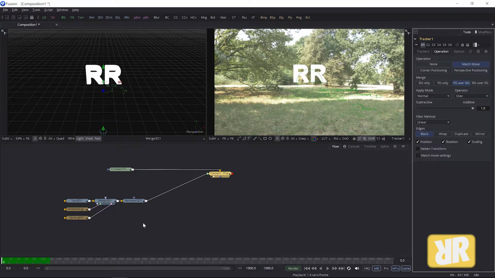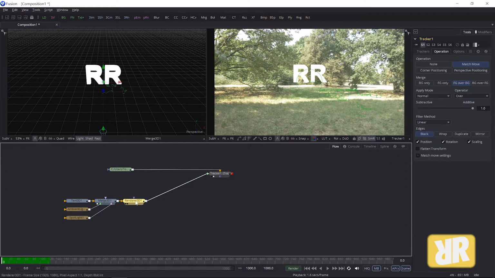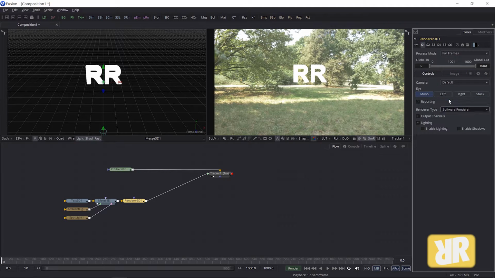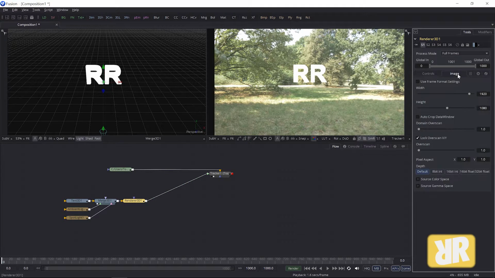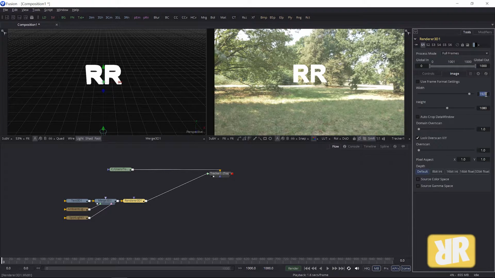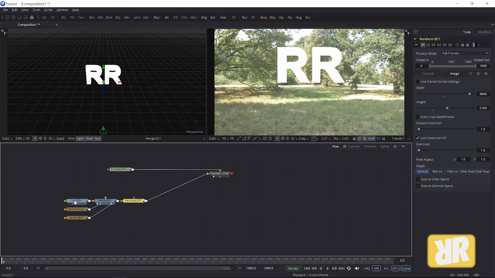Now I can make this look a little more pretty. The renderer type has to be changed to OpenGL renderer, and I enable lighting and shadows. And then by default my renderer 3D node is on full HD, but my footage here, whoops, there, it's 3840 by 2160, so I have to change it here. 3840 by 2160. Nice. And now I can reposition